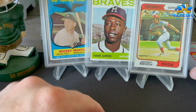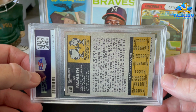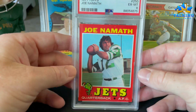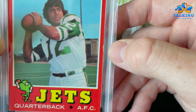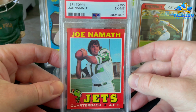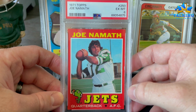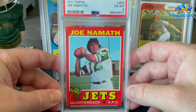Okay, we got a football card here. Joe Namath. This was a pretty good looking card. It has an edge issue that I'll show you. And so I was anticipating a 5, but got a 6. It just has this heavy ding there. Kind of unfortunate. The corners look great, and this is a tough set to grade. In 1971, when Topps was making their baseball cards and their football cards, man, they came up with some tough designs. These full bleed color borders. Anyways,